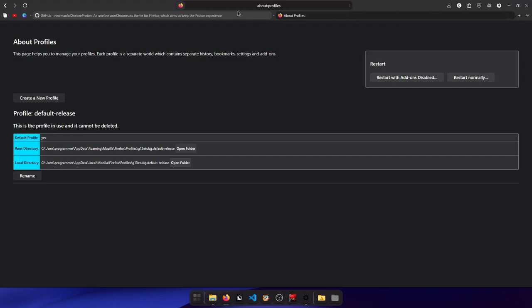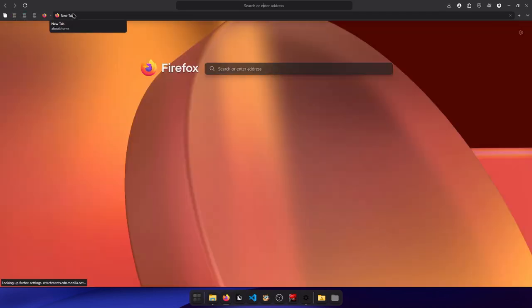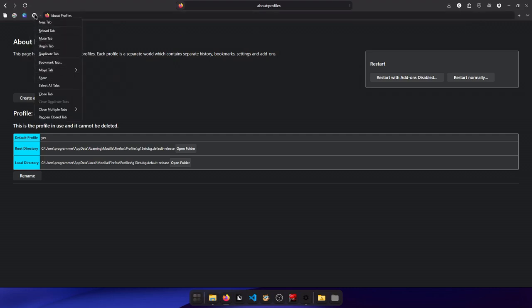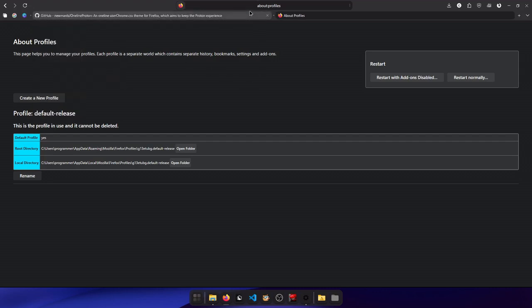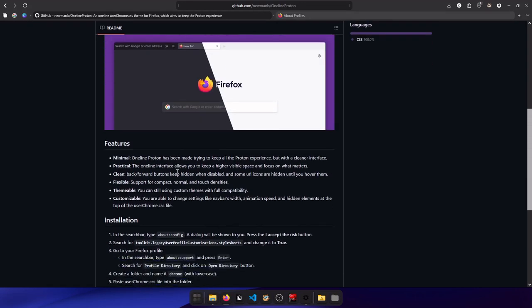You can restart your browser. So I'm going to pin this so that I don't really lose it, and also this one. Restart your browser, and when you are restarted, this is what you will get. Unpin. Now you would be able to customize your browser. So wait, let me unpin. Yes. Okay, so now after you've done all of that, you can go to your Firefox profile, which is